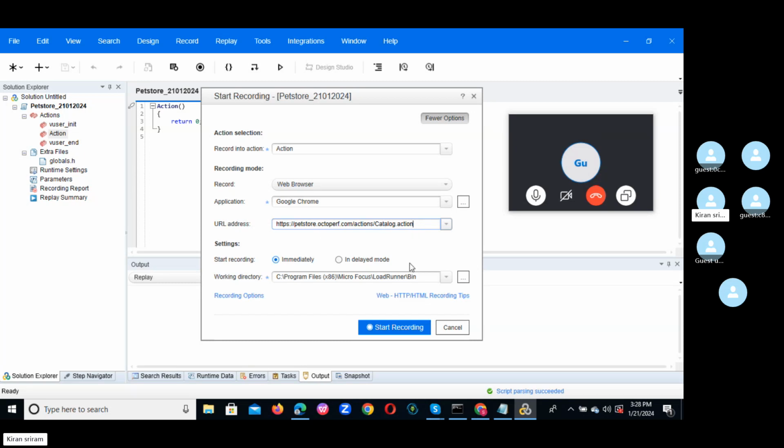And after that, we can start a recording. So this is the start record button. Once you click the start record button, the browser you selected will automatically open, and the URL you gave will automatically open, because we are using our tool to record the script. So just click on the start record button